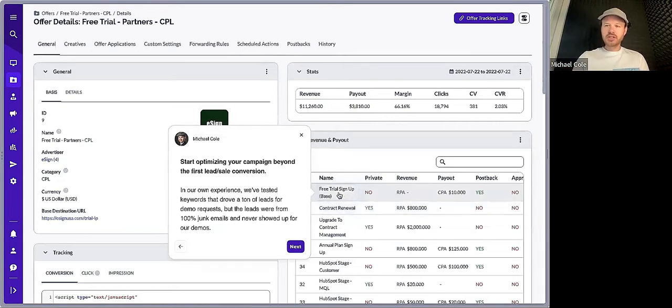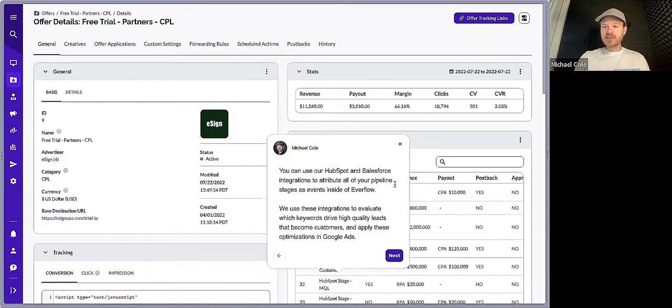So the first conversion is a free trial sign up or demo request. In our case, we used HubSpot. So we use the HubSpot integration with Everflow to receive all of the different lifecycle stages from HubSpot into Everflow. And then we pass that data from Everflow as events into Google Ads with different values. So we can say marketing qualified leads are worth $50, sales qualified leads, where a salesperson has looked at it and determined it's a good fit,